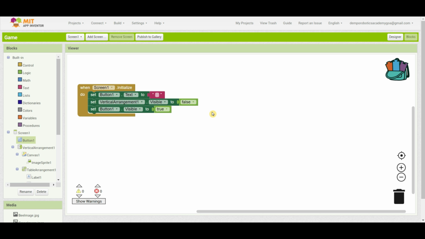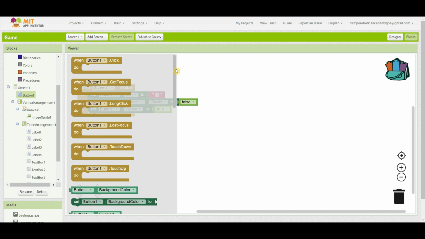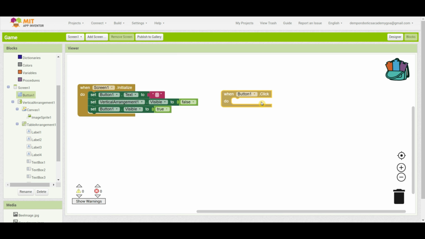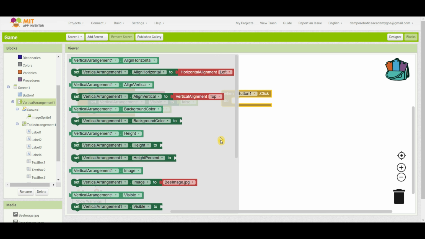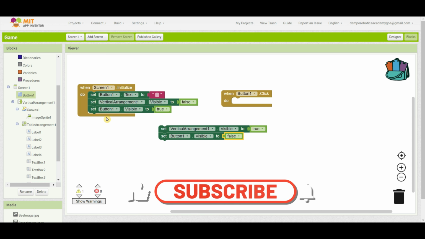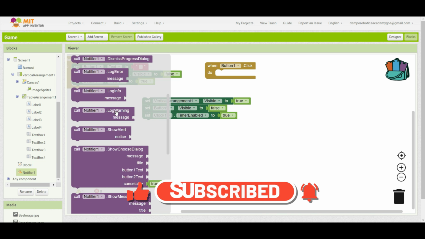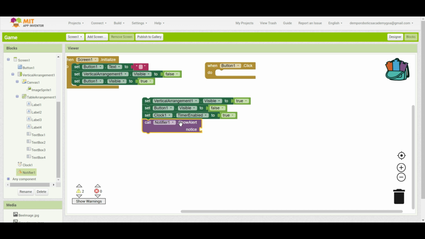Now let's code for the button play, which is our button number 1. First of all, when button1.click, we need to do a few steps. First, set the vertical arrangement number 1 visibility to true, then set the button 1 visibility to false, then set clock 1 timer enabled to true, drag out the call notifier show alert notice block and set the alert notice as